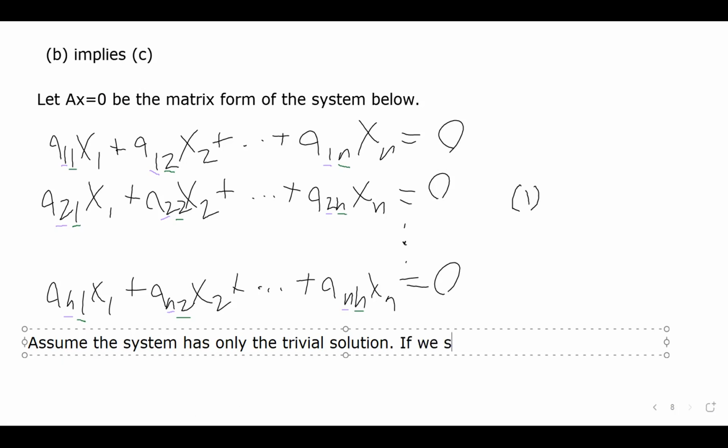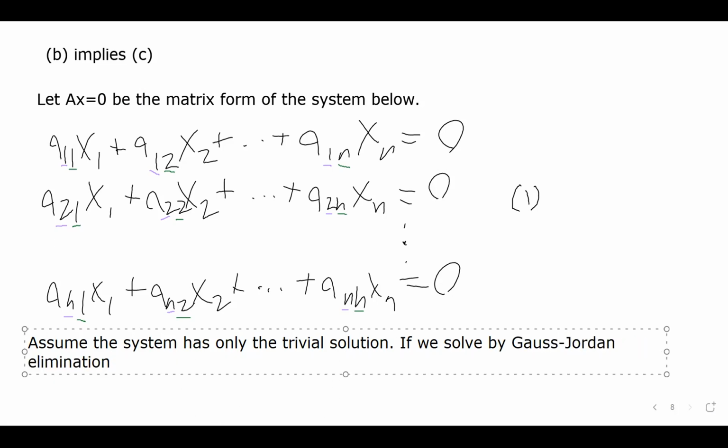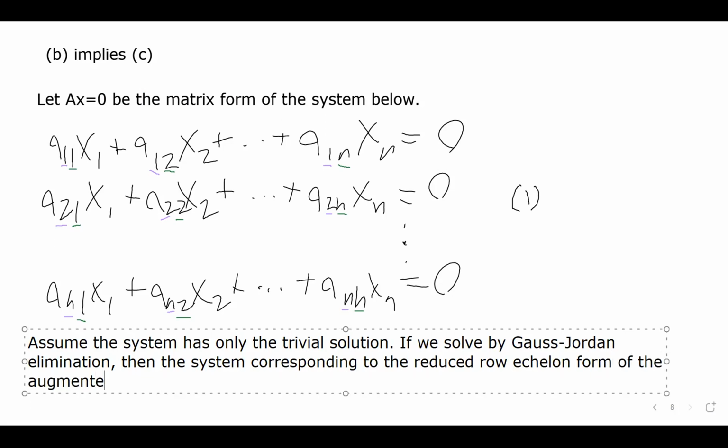If we solve by Gauss-Jordan elimination, then the system corresponding to the reduced row echelon form of the augmented matrix will be